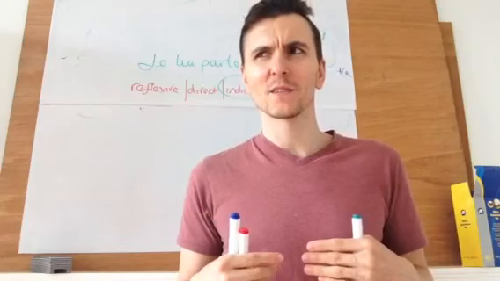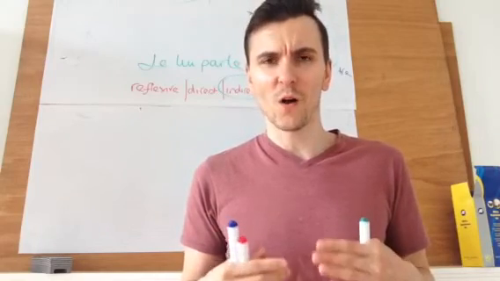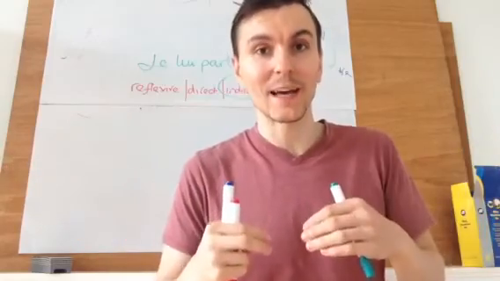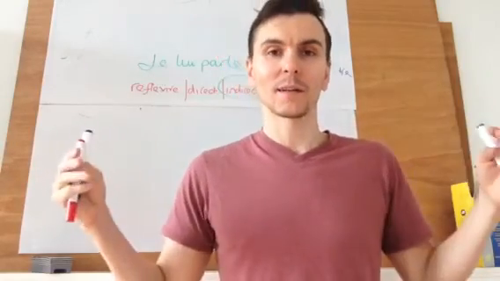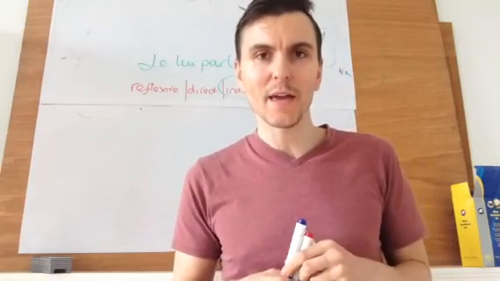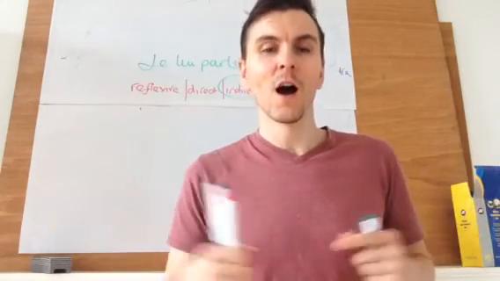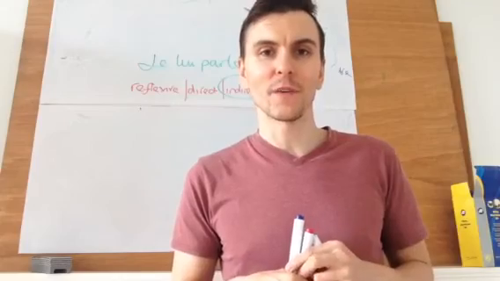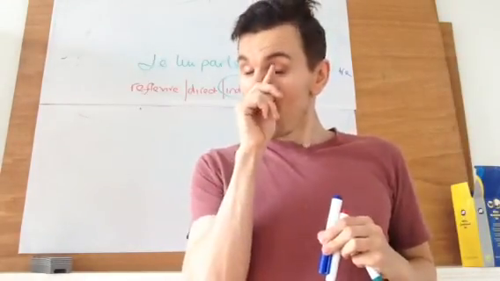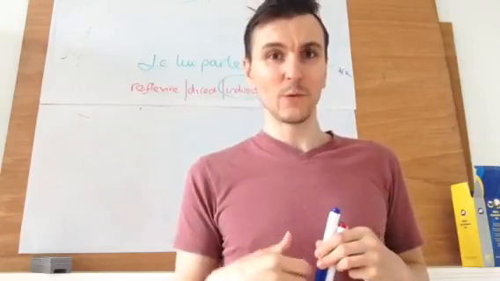I'm going to try to speak. Je vais essayer de parler. Essayer always has a de after it. Okay? I'm going to finish. Je vais finir, long form. I'm going to have to finish. Je vais devoir finir. You have two long forms. So if you have two long forms, these little